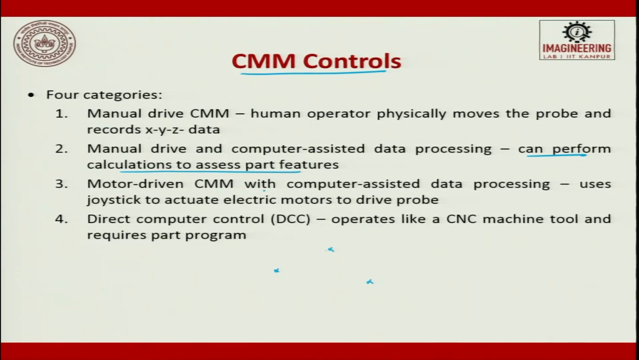Motor driven CMM with computer assisted data processing uses a joystick to actuate an electric motor to drive the probes. So, you will have a pendant, you will have a drive stick, so you can do it. The last one is going to be DCC, which directly takes the program from a computer and then gives it to a CMM, tries to get the data, tries to generate the calibration chart, tries to generate the error plot and then show it. So, this is the highest level of